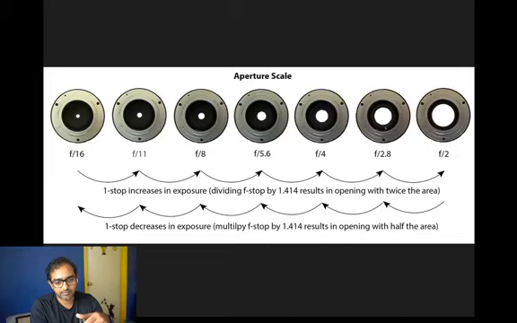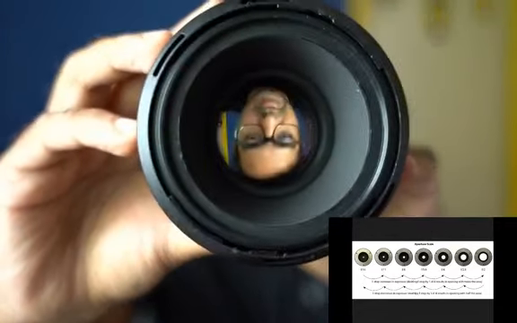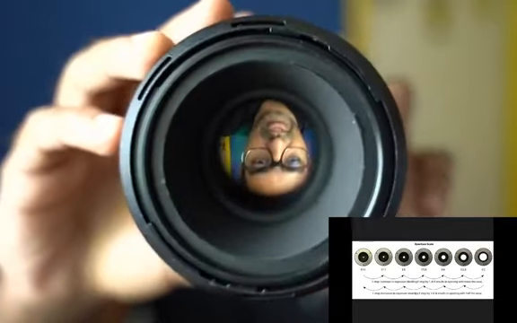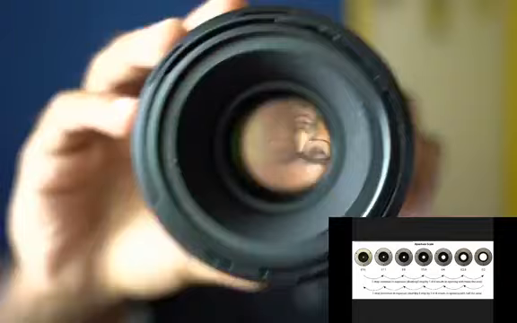And now, how do you relate this to stops? So the aperture scale is a little funny this way. The aperture scale is in multiples of 1.4, right? Let's go from the last one, the wide open aperture. Lenses have a wide open aperture. Let me show you what a wide open aperture looks like again. So this is a wide open aperture. Now I can stop it down like this. Just keep that in mind and relate it to what we're looking at here.